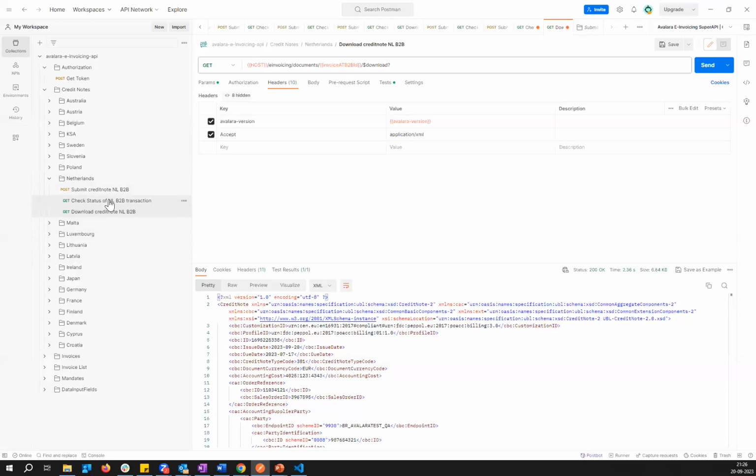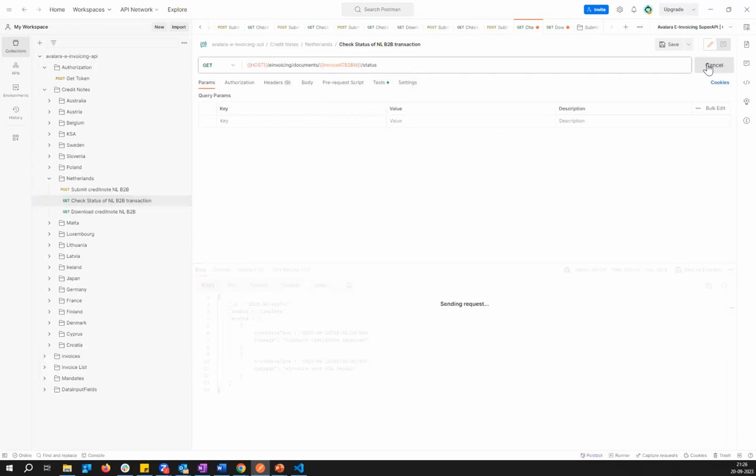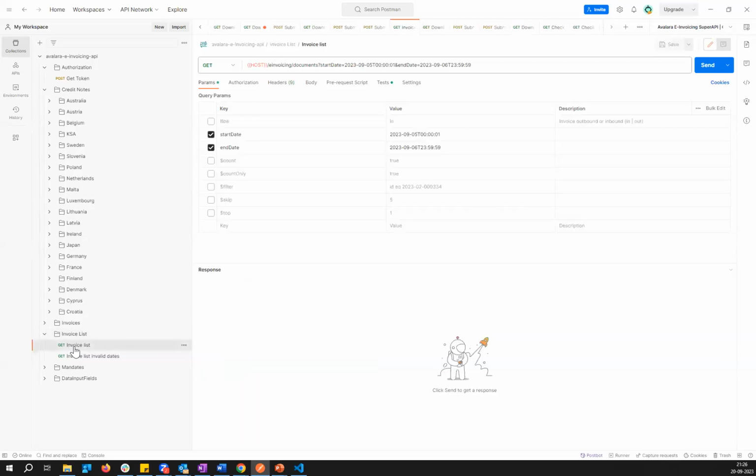Now, while checking the status, you can just pass the document ID and get the status of the document, right? Now, what if you don't know the document ID? You can use the same API with these many filters. At this moment, I will just use the start date and end date filter.